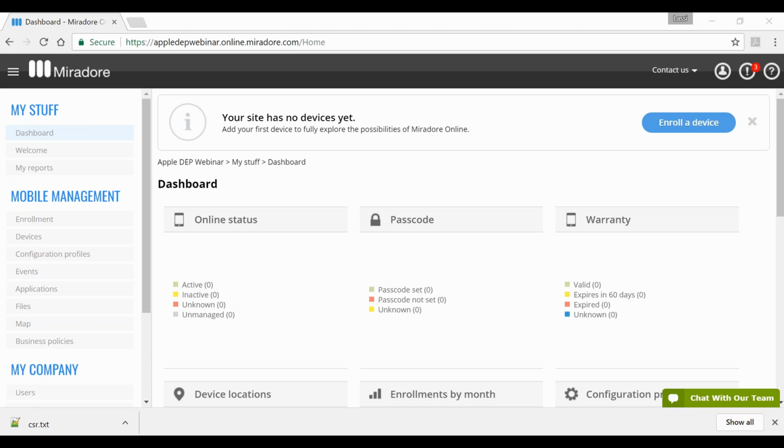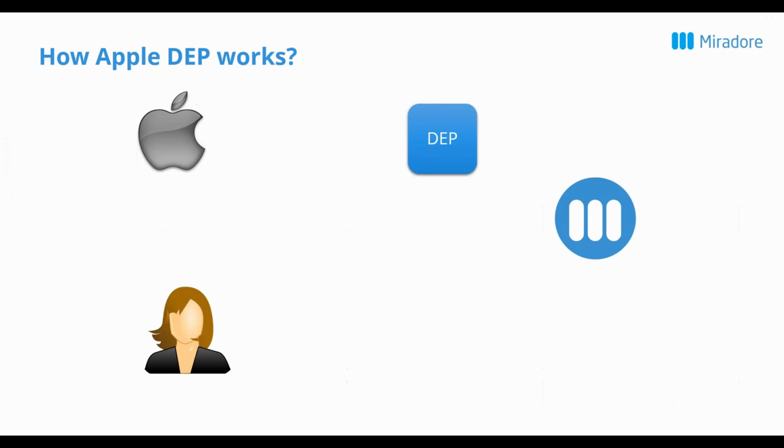So actually I could show you briefly an image which hopefully explains how the DEP works. So on this image, on the left-hand side up there's an Apple.